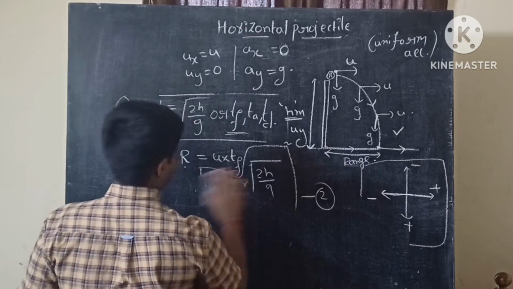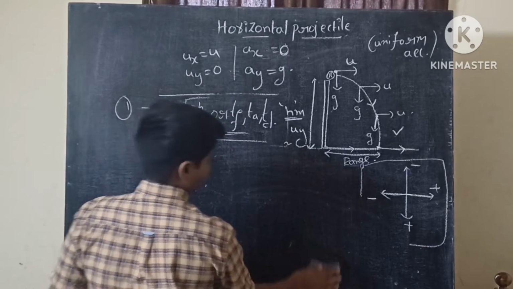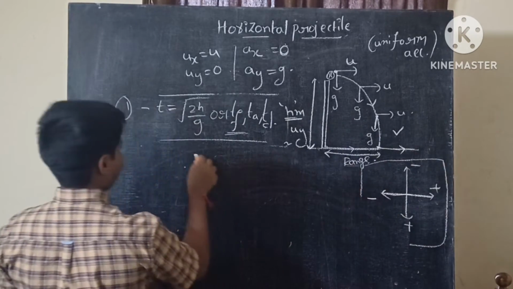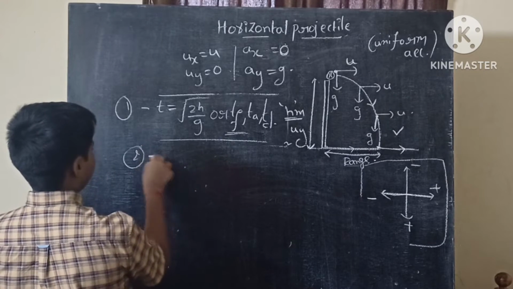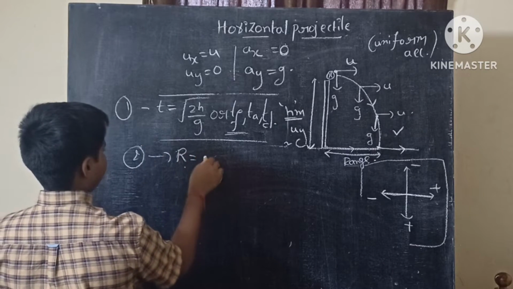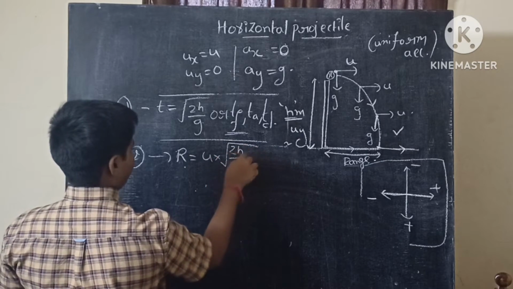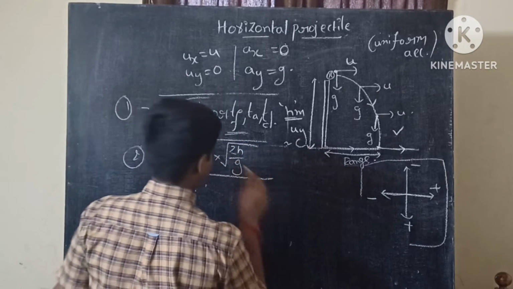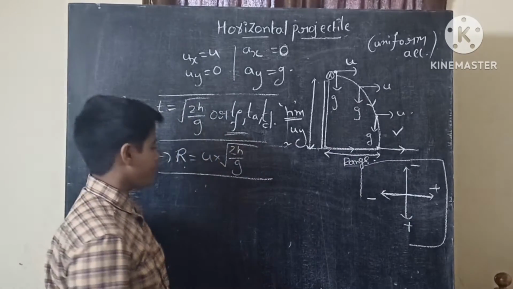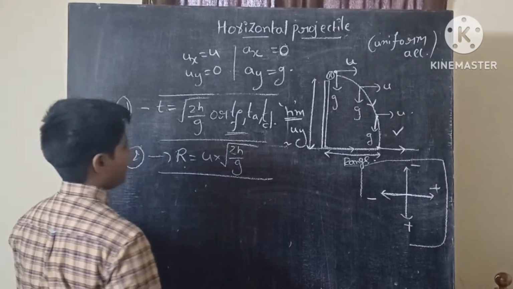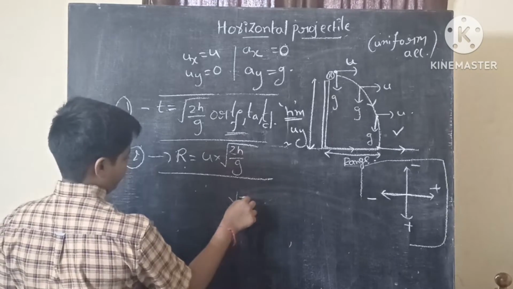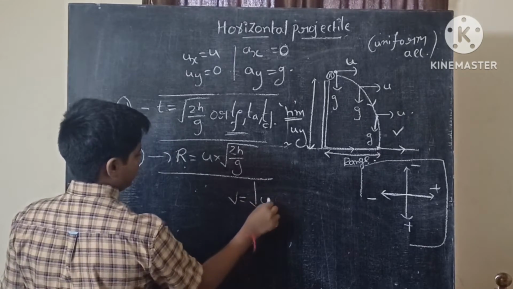Note down all these formulas, very important. Here we have another formula: range is equal to u into root over 2h by g. So this is another formula. And here is another formula: v is equal to root over u